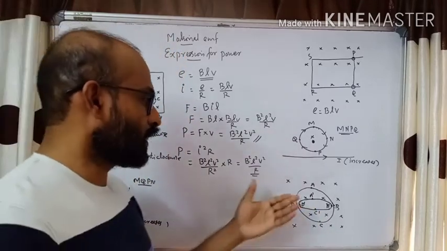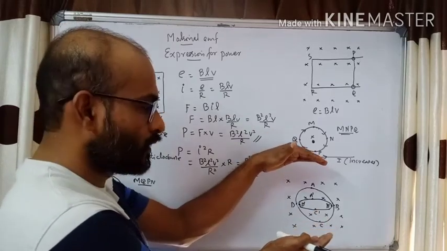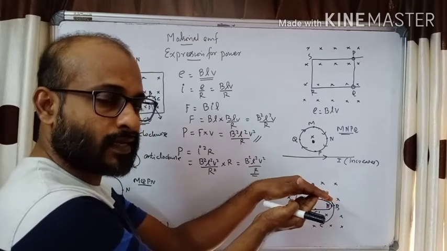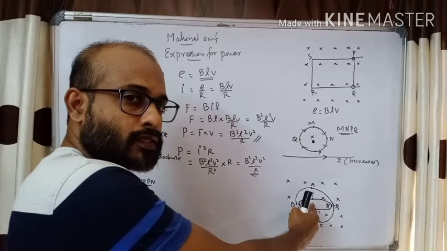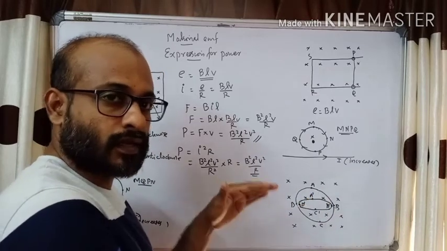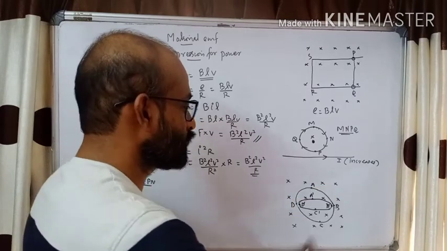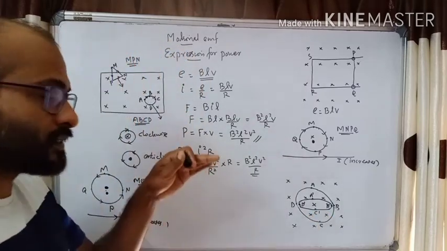Now in which direction should the current be induced? See, initially we had a large flux. Now when we compress, the flux decreases. When the flux decreases, by Lenz's law, it will try to increase the flux. So current should flow in such a manner as to increase the flux. To increase means we need a magnetic field in the same direction, inside, since it is decreasing.